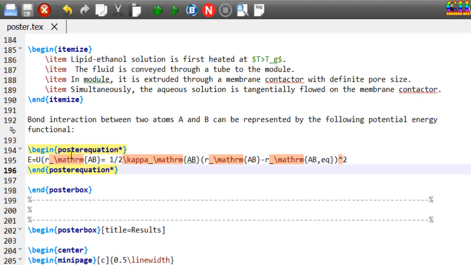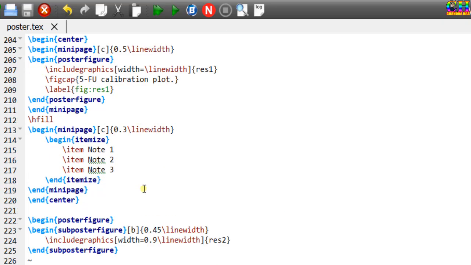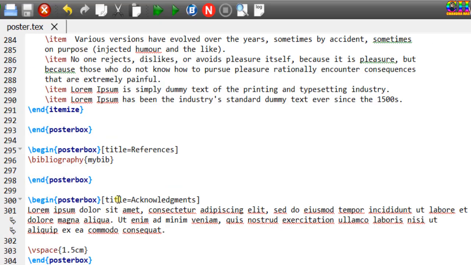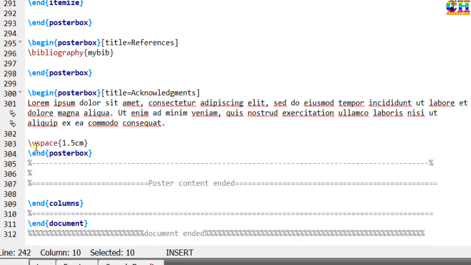For equation, you can use a poster equation environment. Once a second column is completely filled, again use a new column. If required, you can also use vspace command for labeling each column.